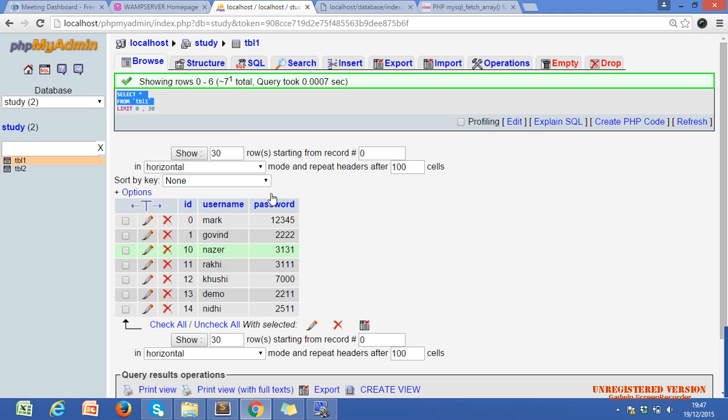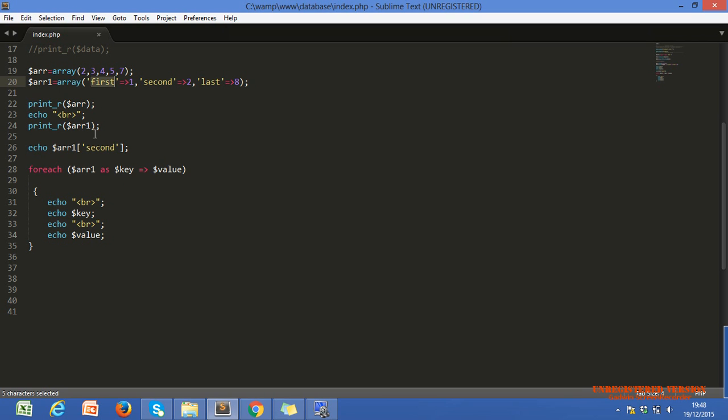Okay, I just want all the columns, all the rows. Oh, three columns and three rows. If I fetch the data by using mysql_fetch_array, we have it above.